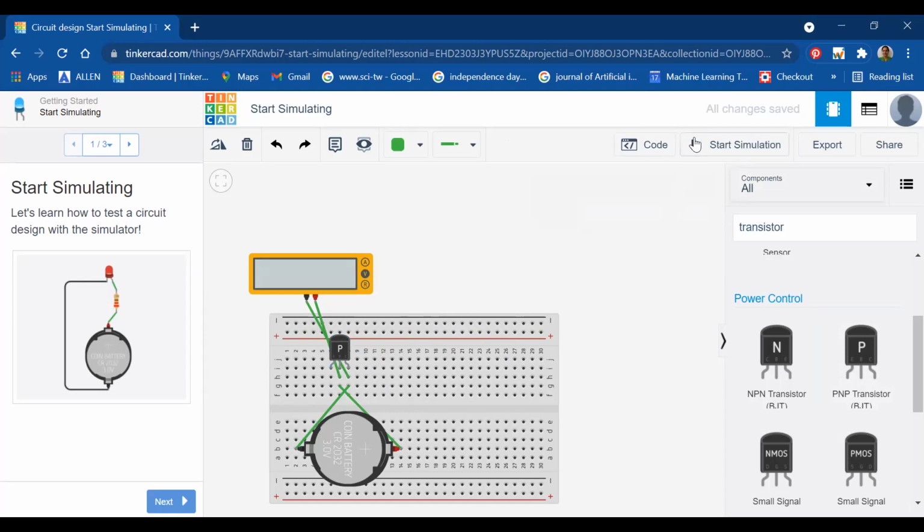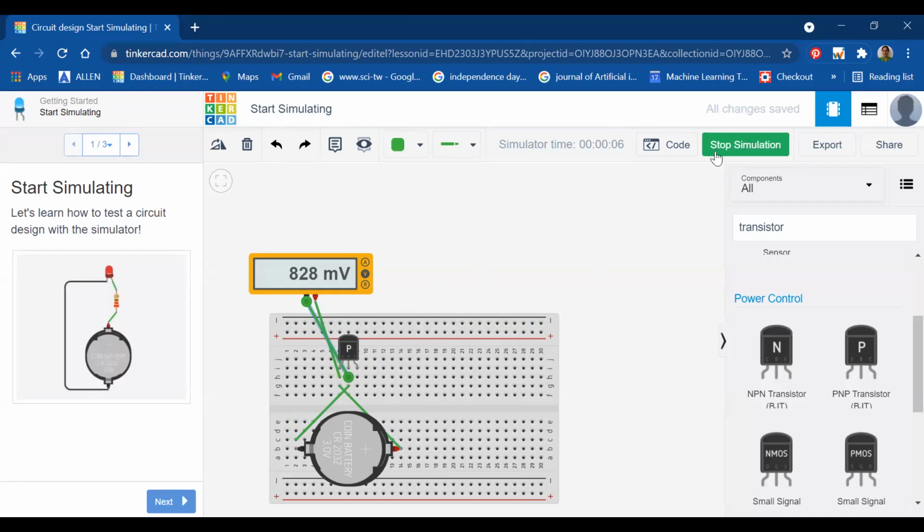Now I have to change the value here, right? Because the connections are to be changed, let's change the connections. Now I have replaced my NPN with the PNP, and I have reversed the connections because this is my PNP transistor. I have connected this positive terminal to the first one, and the center terminal should be connected to the negative of the battery, and similarly for the multimeter. Let's start the simulation and find out the value. It is coming out to be 828 millivolts, that is 0.828.